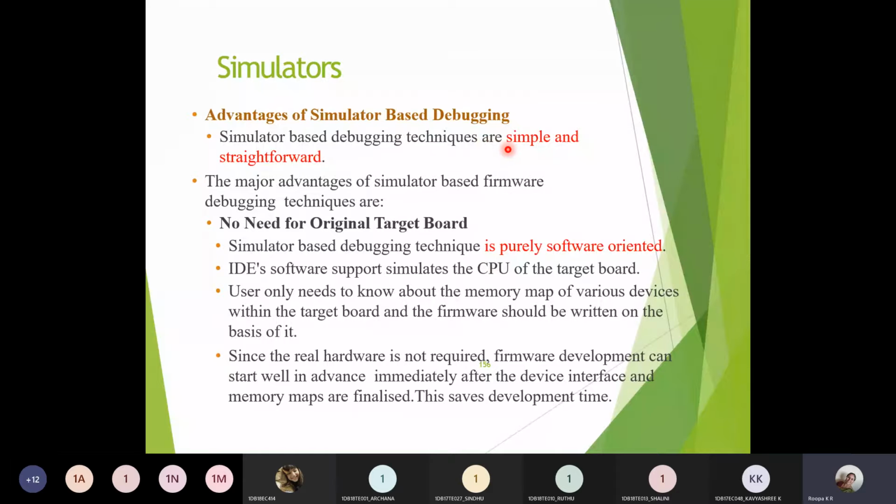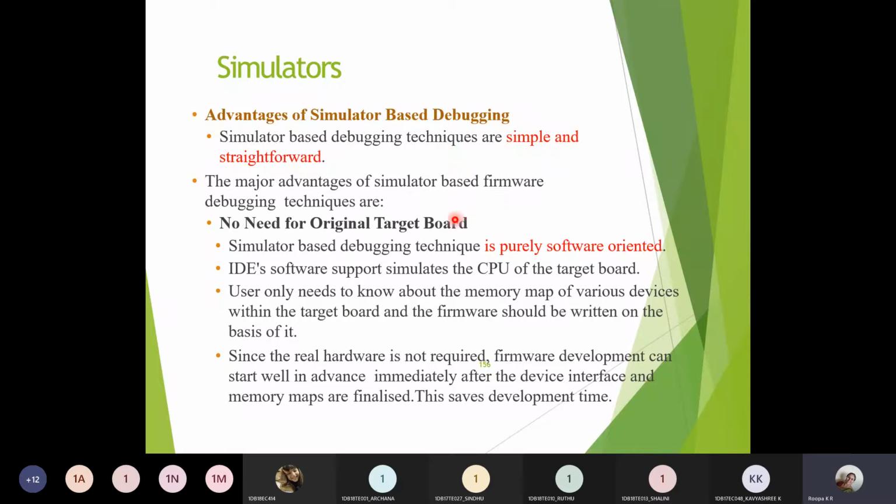Now suppose you are designing a full order design. Instead of using AND gates, OR gates, XOR gates directly, in a simulator you'll have all these components, just interconnect them and you can get the output. So this is just one example with respect to the HDL lab which I am giving, as I had already learnt about that particular simulator. Similarly you have many other simulator softwares for different processors and controllers as well.